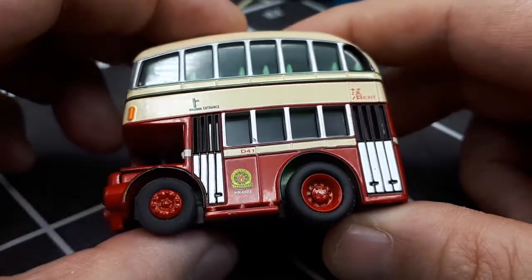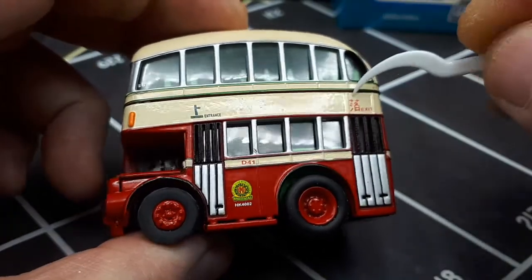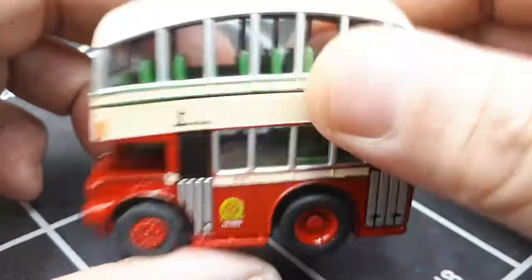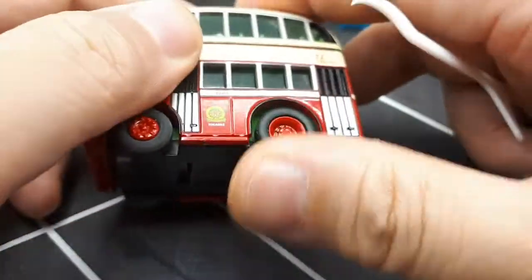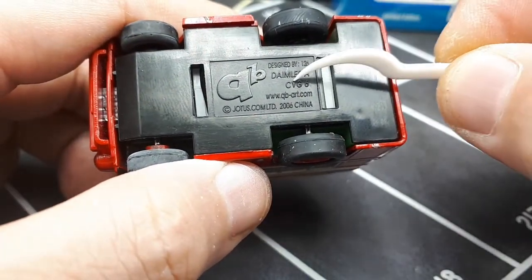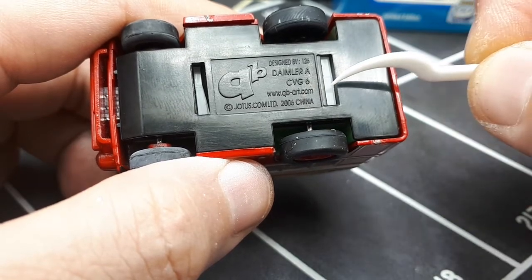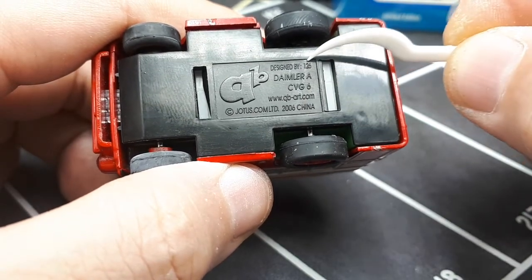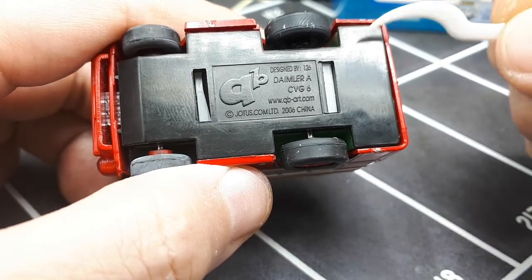Alright, well, it's got the same wheels as the other ones, and then it's got tampo printing, which is really nice for longevity. It's all plastic, there's no metal, it's very light. It is a pullback motor vehicle. It says Daimler A CVG6, and it says this model is from 2006, so that's cool. Designed by some company called 126. That's a really random name for a company. Anyways,